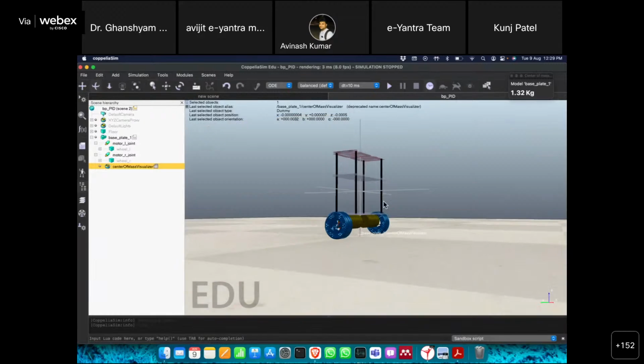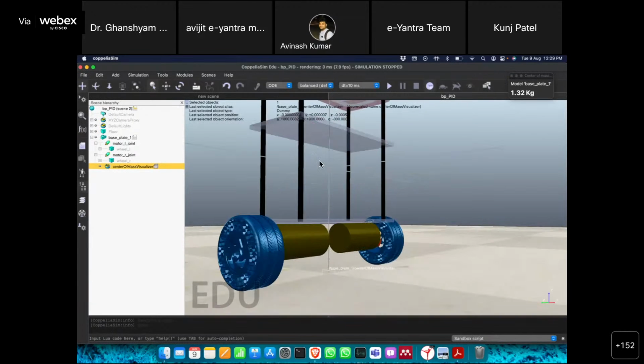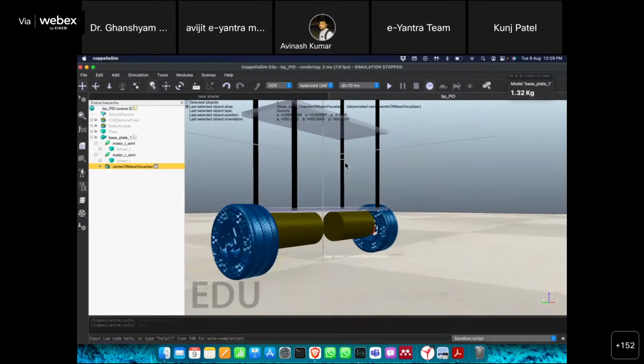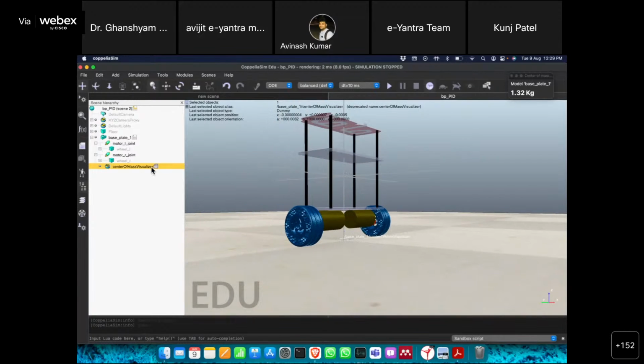Can you see this plus kind of structure representing each axis? This represents where the center of mass of this robot is, and this is being done by a customization script. Mind that the simulation is not running yet. This script is doing its job, showing me the total mass of the body